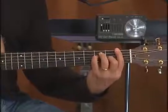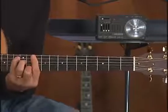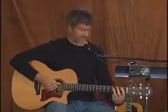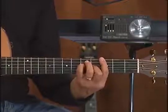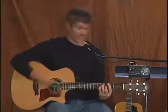F wants to go to B flat. Okay, so B flat, 2, 3, 4. B flat, 2, 3, 4. B flat, 2, 3. Ouch. B flat. Back to B flat. So continue on through that cycle. Okay, remember, you can download the voicings. Make sure you've already done that so you can see what these voicings are without watching me. Eventually you'll get to G, G, 2, 3, 4, G, 2, 3, 4,